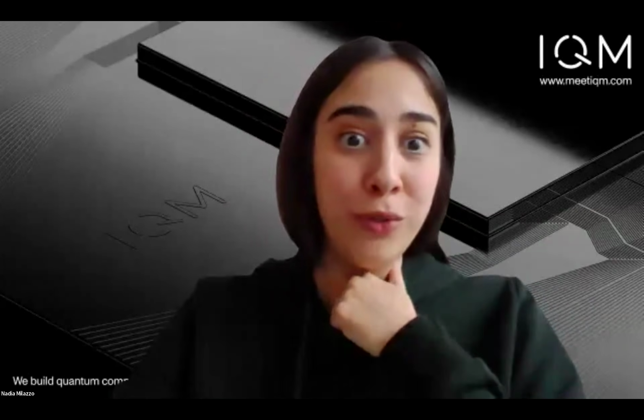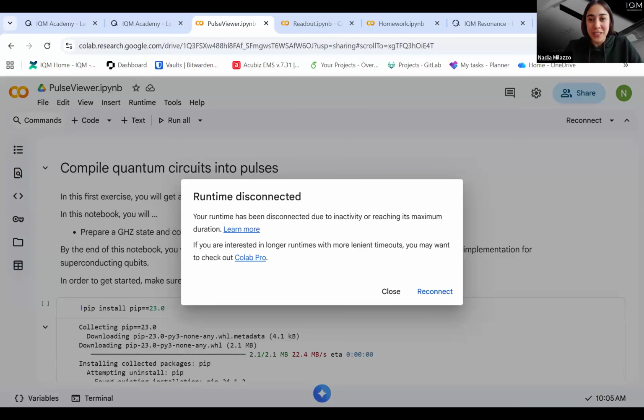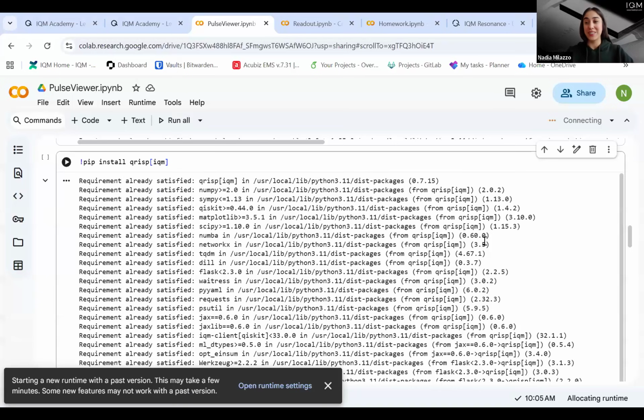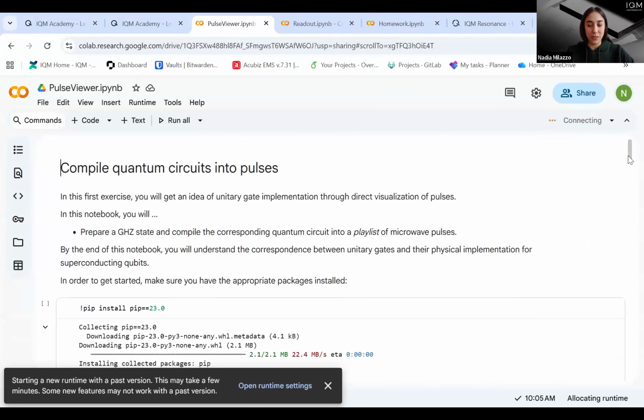Okay. Thank you for the link in the chat, guys. And hopefully my runtime didn't crash, so we are actually up and ready to run things already. Let me see. No, unfortunately, I will have to reconnect. So we will go through this once again together. But this is probably a good thing to give you the time also